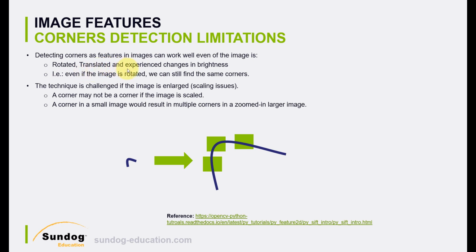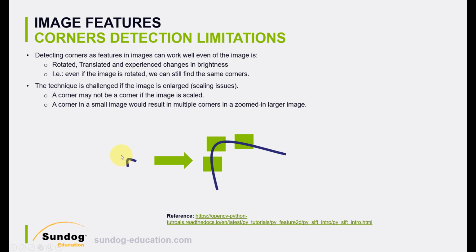Even if the image is a little bit darker or brighter, or rotated or translated, we would be able to use Harris corner detection to still find the exact same corners. However, this technique is challenged if the image is enlarged or if there are scaling issues. For example, if we have a corner in an image at this size,